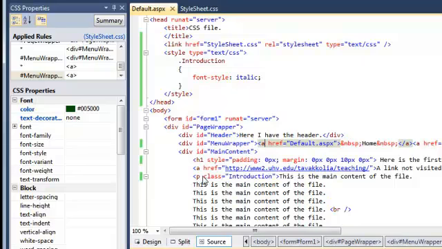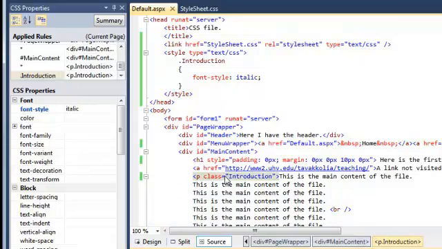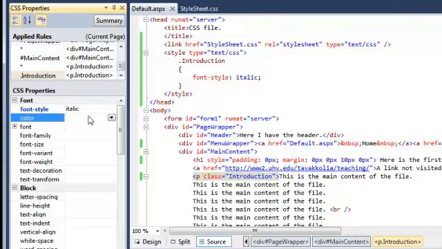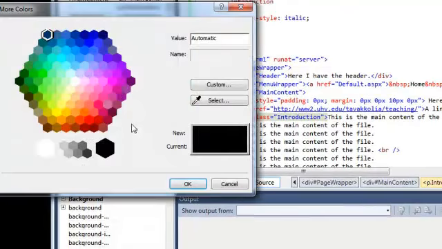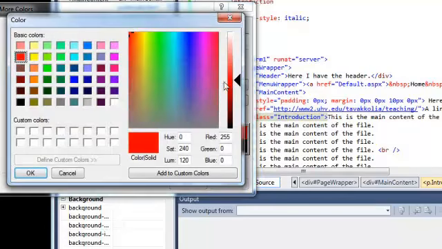Now let's go back to the P tag with the class set to the introduction, and from the CSS properties list in the bottom half of the CSS properties, let's find the color and change the color of this class to a different color. So this is the color, and you can click on the arrow and it will allow you to choose between a set of colors that you have. You could click on more colors and choose from a color setting. You can click on the custom option and custom make the colors that you want to use,